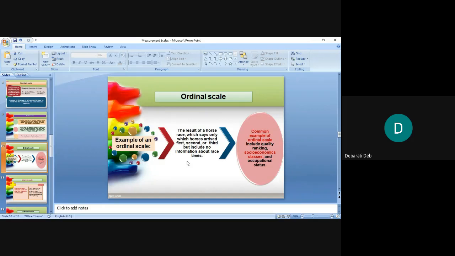If you have quality ranking of different products, say for example, noodles. You take different brands of noodles and you rank them. Maggi number 1, EP number 2, Top Ramen number 3, then YY number 4. If you rank the different brands of the product, then it can be done in ordinal scale. Do you understand? First, second, and third. In nominal scale, you are not saying that this one is better than that one. You are just numbering the items. But in ordinal scale, you can say which one is better than what. Do you understand?